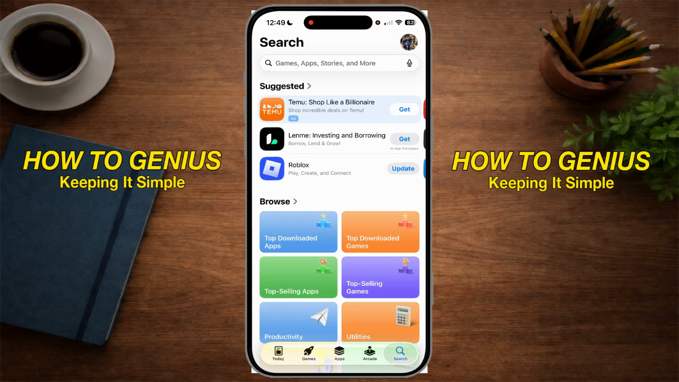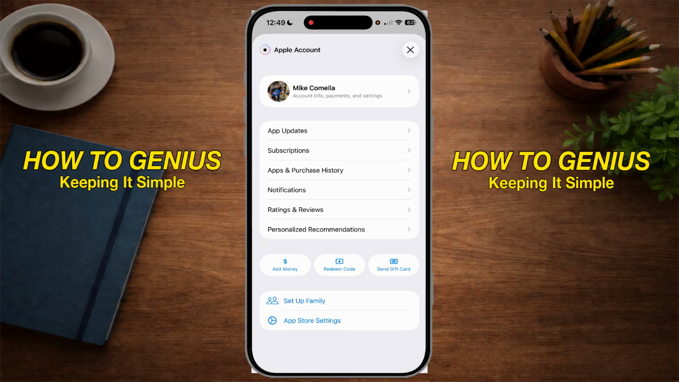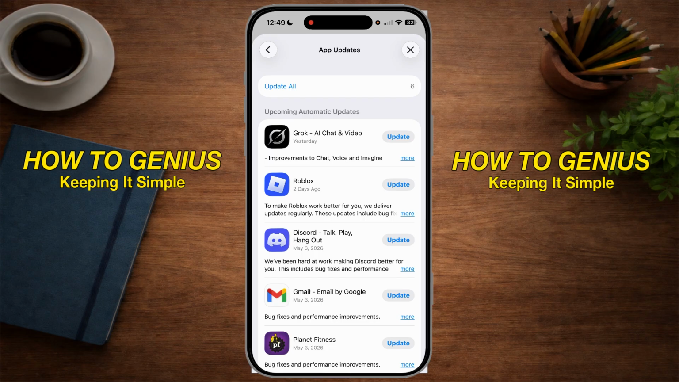You want to go to your profile at the top right-hand corner. And once this loads up, you'll be able to find all the updates that are available for the apps that are on your phone. And right underneath your name, it'll say App Updates. And that's it. This is going to show you all of the apps that are able to be updated currently